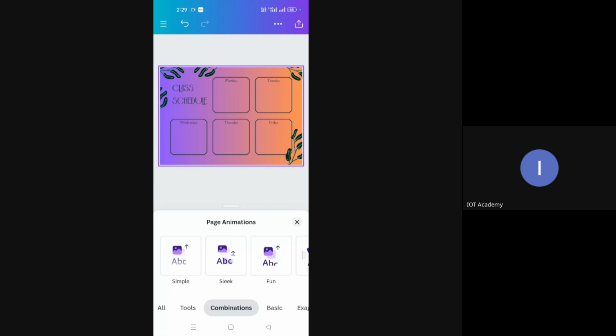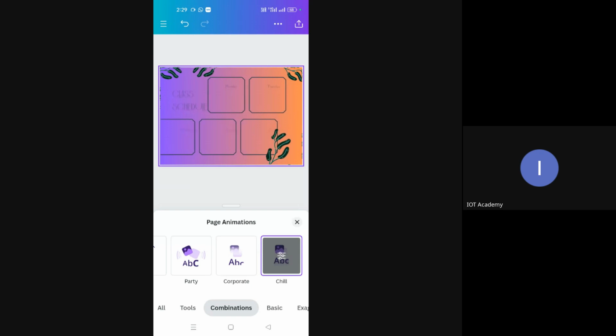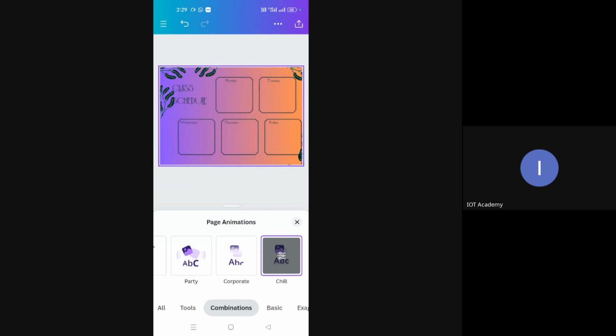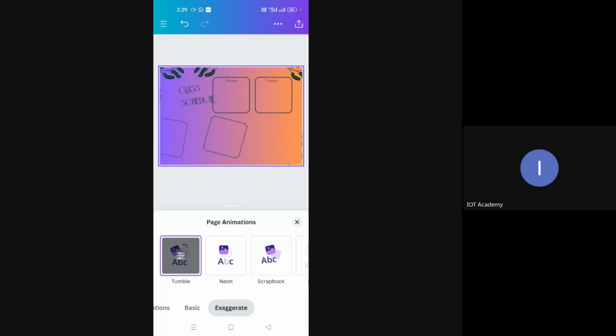Then we have combinations. You can have a combination of, suppose, corporate or ABC. Out of the available combinations, you can select any one and just tap, and it will apply. Then we have all these plans which are available. Besides, you have the exaggerate option.